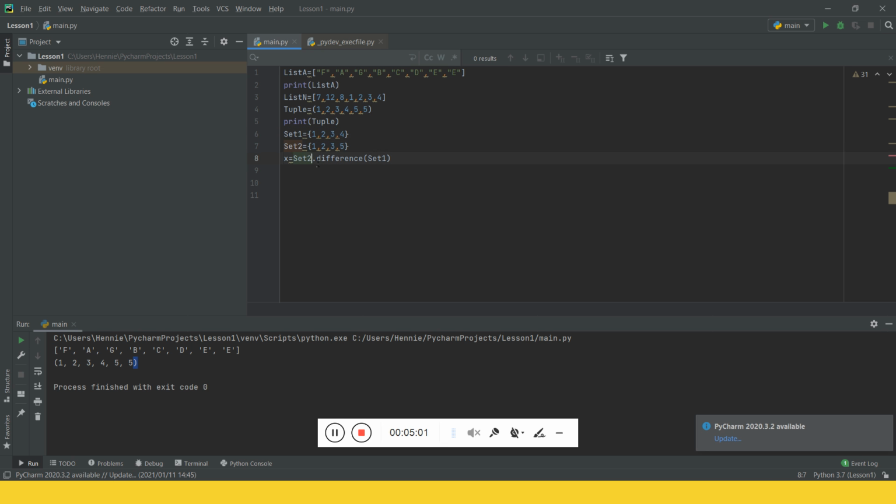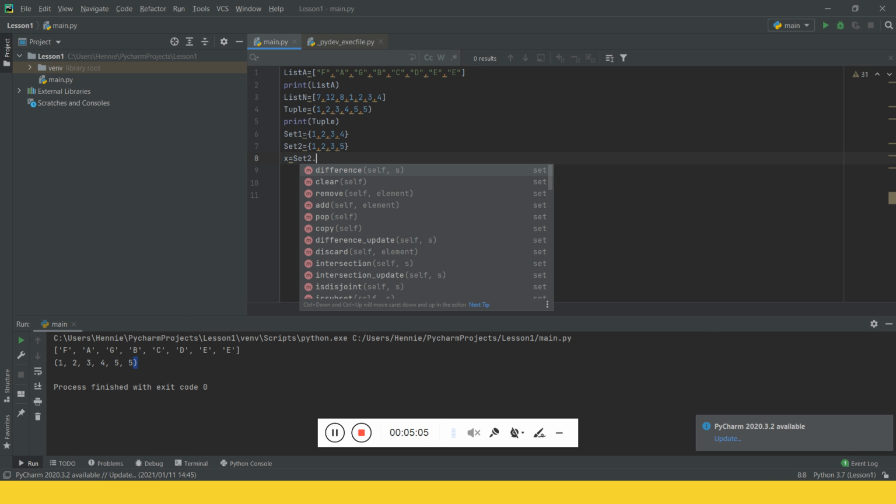So what does a set allow you to do? A set allows you similar things to a list. It allows you to compare two lists to each other and identify the difference. It also allows you to